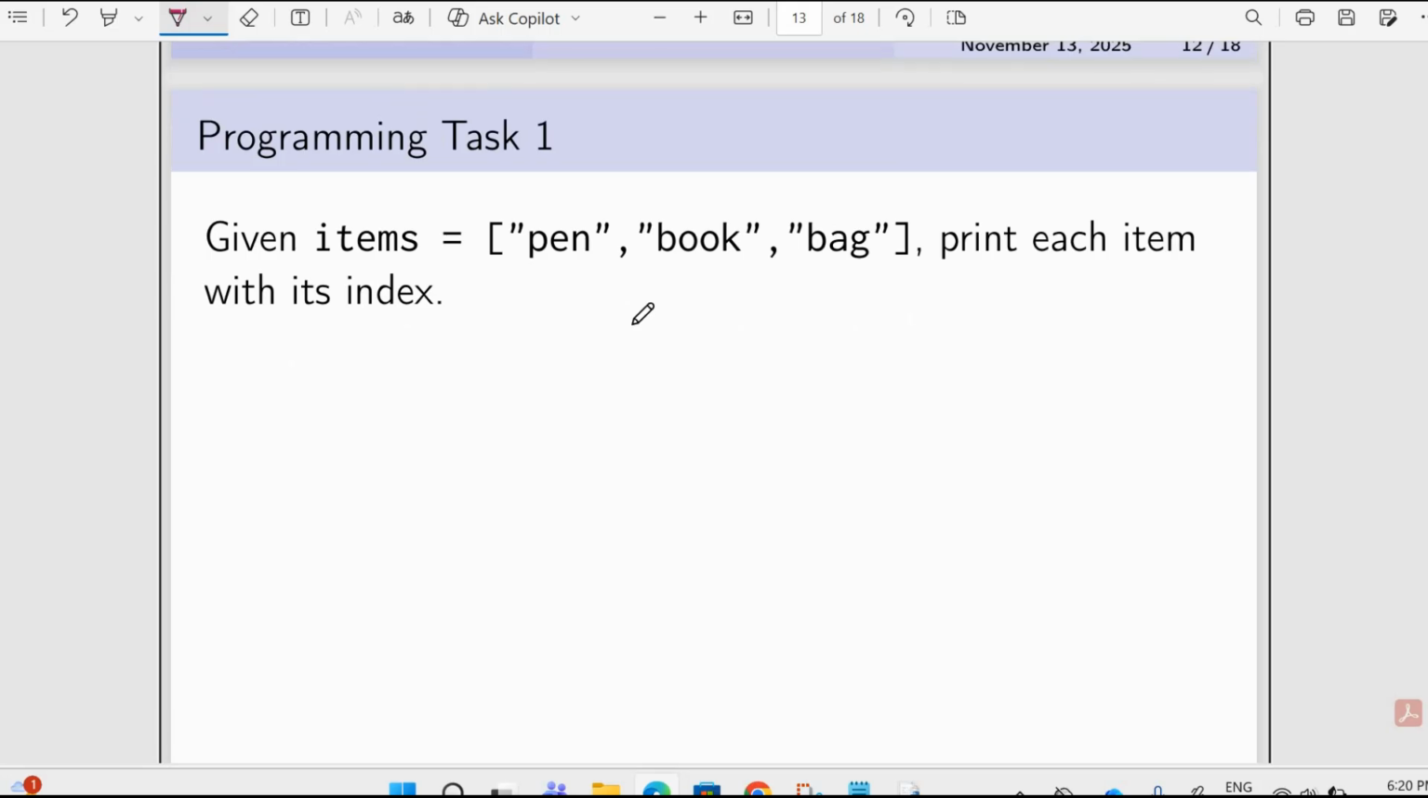Programming task, question number 1. Given items, you have a list with the strings pen, book, bag. Print each item with its index. With the index number, you have to print all of these things. Okay, for that purpose,